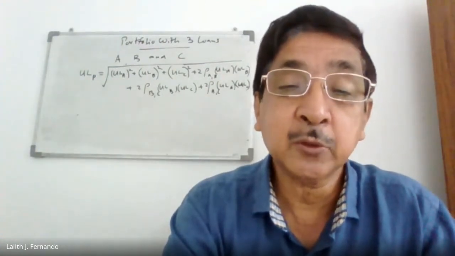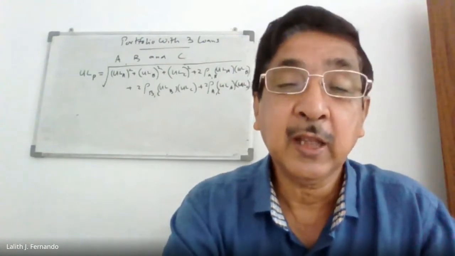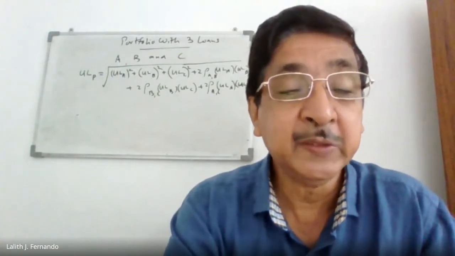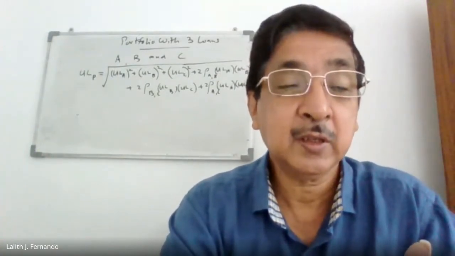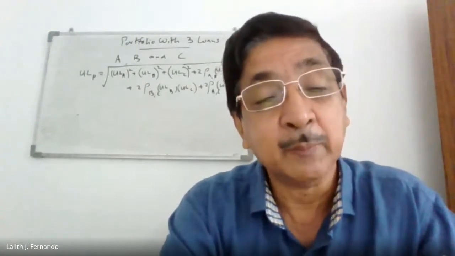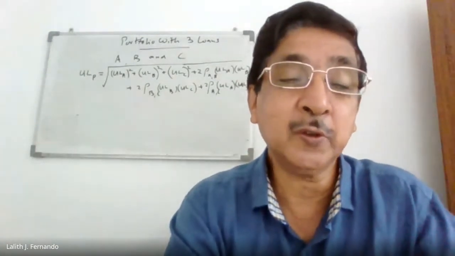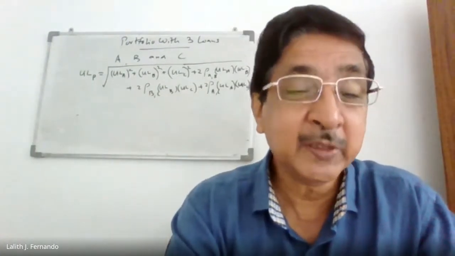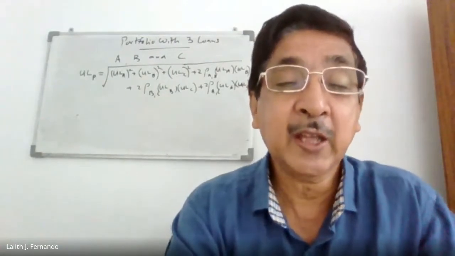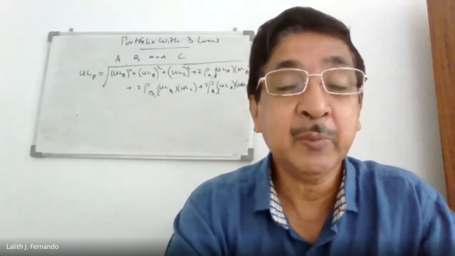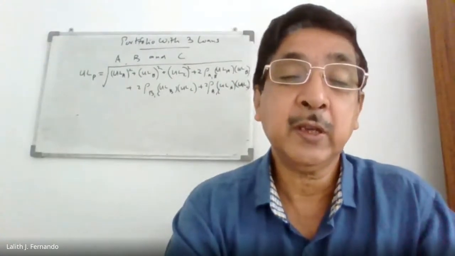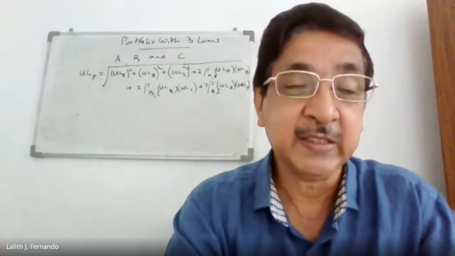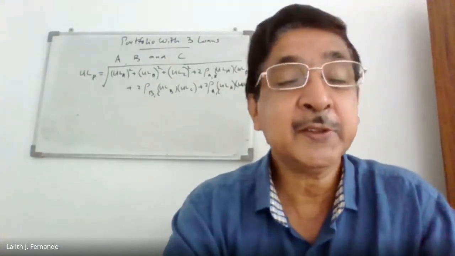You can expect a correlation between B and C, and you have to expect another correlation between A and C. So then there will be three correlations. Always the correlation comes only with two assets, two loans. But since there are three loans, there can be several correlations. When there are three assets in a portfolio, there will be three correlations. Now, if you put it in English letters like AB, BC, CA, that's all.